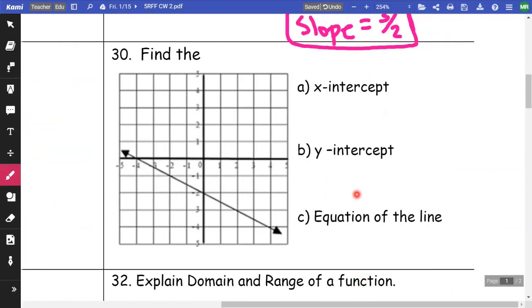On 30, okay, we want to find our x-intercept. Your x-intercept is where it crosses the x-axis, so that's going to be over here. So that is going to be, let me get a bigger